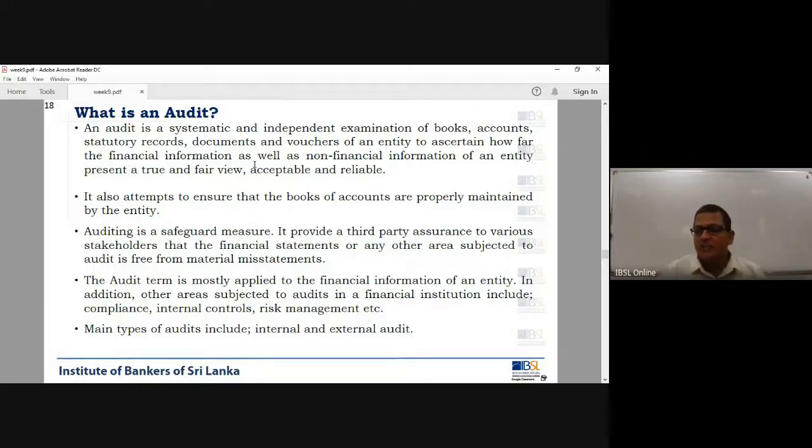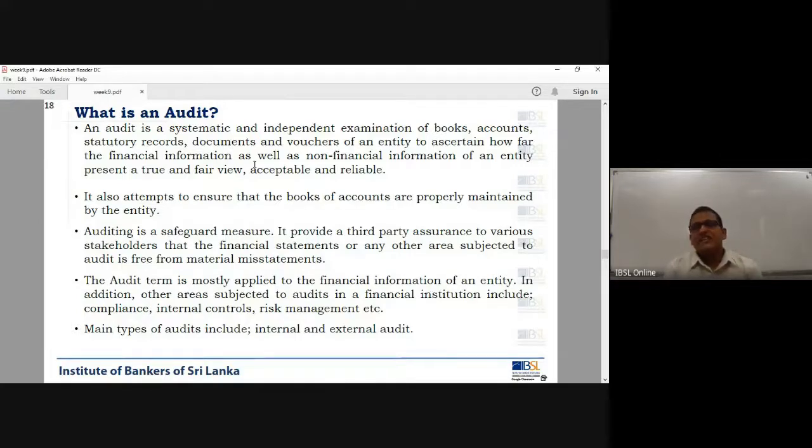Of course, I need not explain accounts. So when the finance people prepare the accounts, these people first check the books and accounts, statutory records. What are statutory records? Any government department or statutory related records, receipts, or some other certificates. So statutory records and documents, vouchers of an entity, to ascertain how far the financial information as well as non-financial